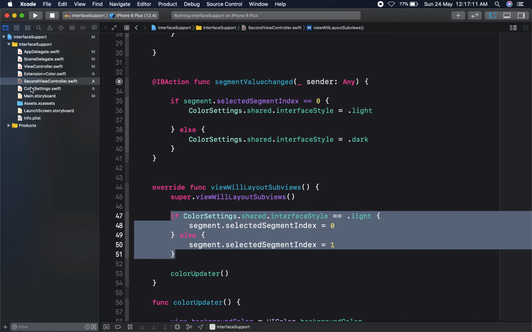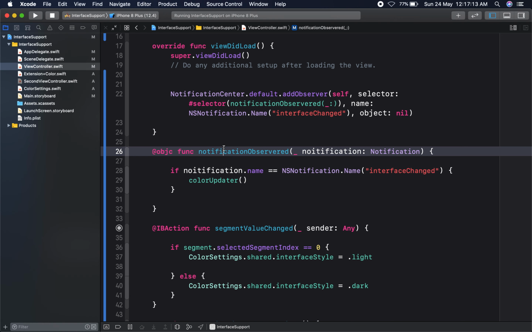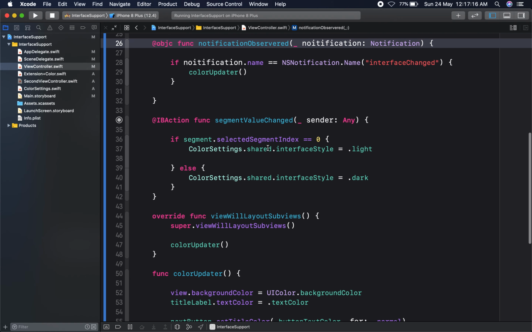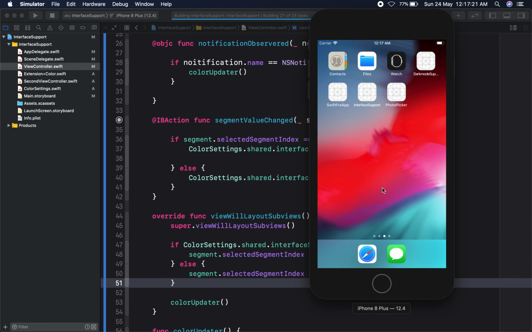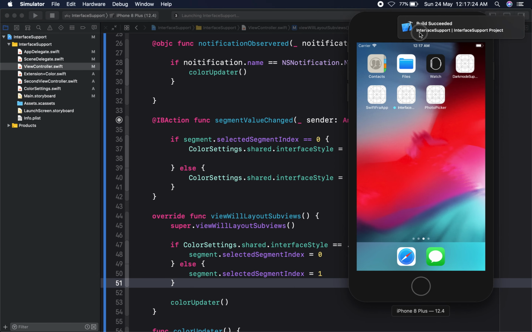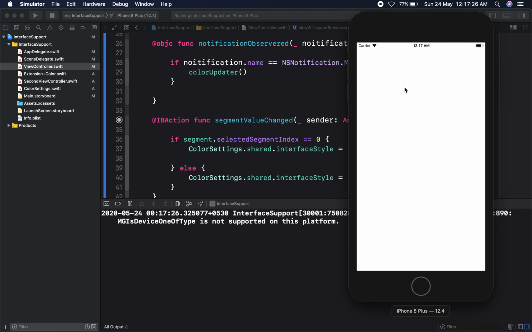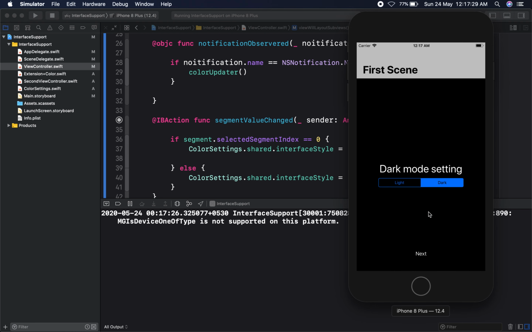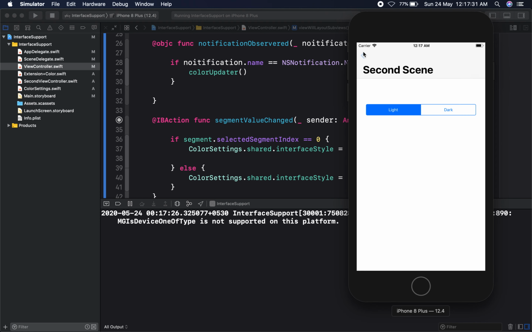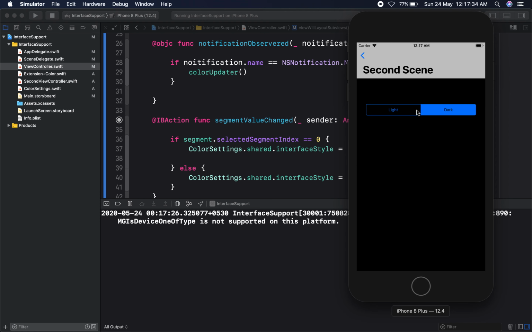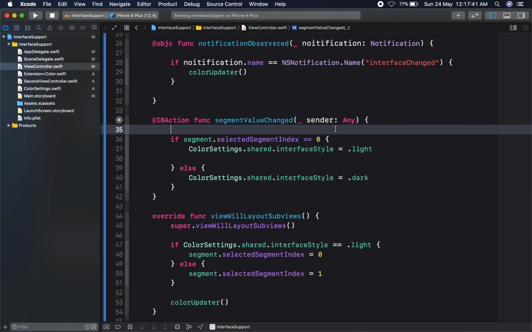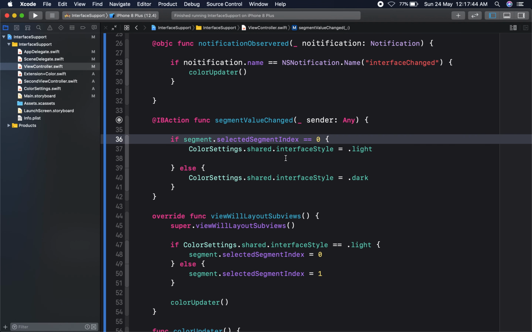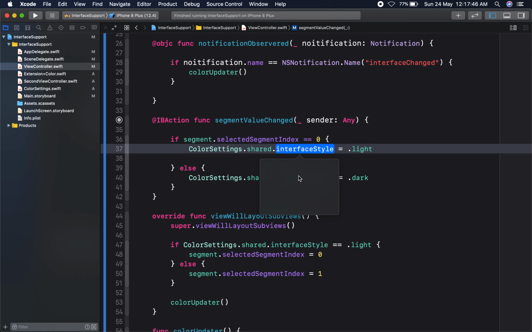That means the changes will be shown here. Okay. This is for iOS 12. When we are going to give iOS 13 support for the same project, I have to